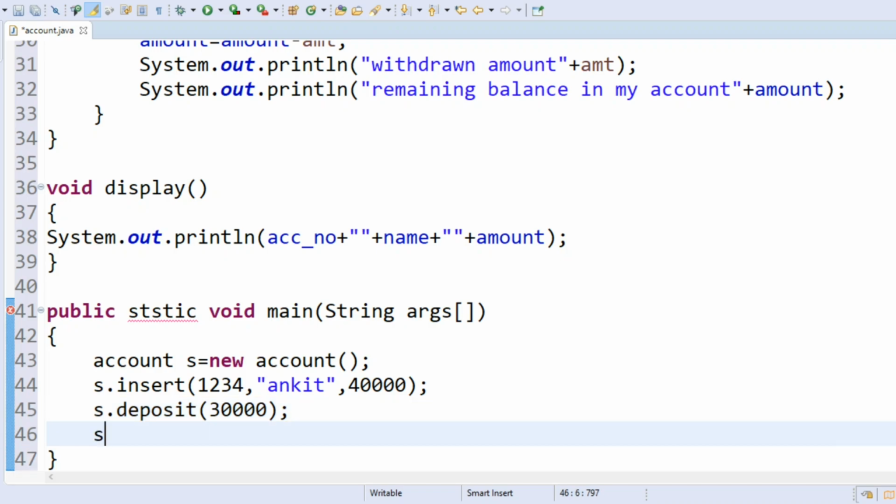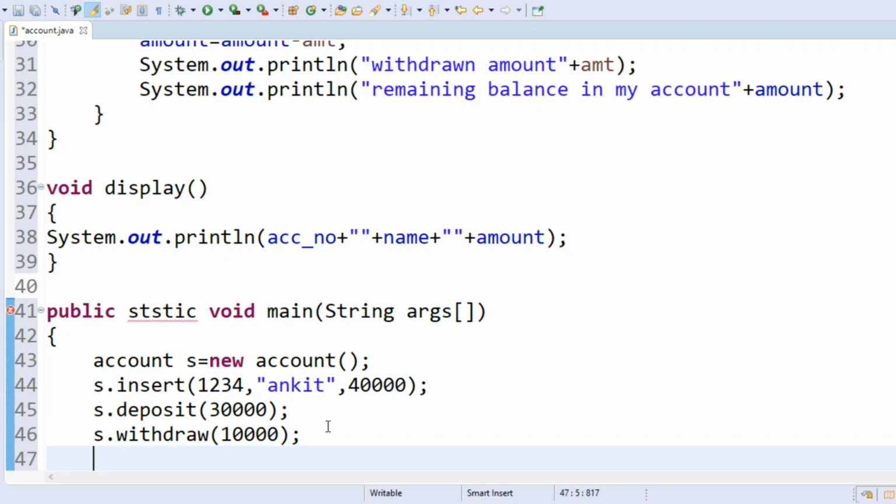After that, withdraw. How much amount does he want to withdraw? 10,000. Okay, after that, we want to display, s dot display.